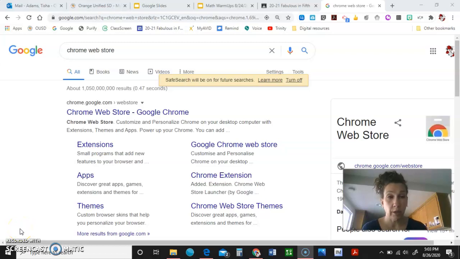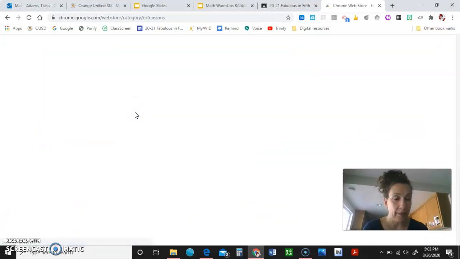Okay, so ladies and gentlemen, we are going to add an extension to your Chrome web browser. Hopefully it will work, okay? So you're going to go to Google and you're going to type in Chrome Web Store, okay? So it comes up, Chrome Web Store, Google Chrome. Click on that